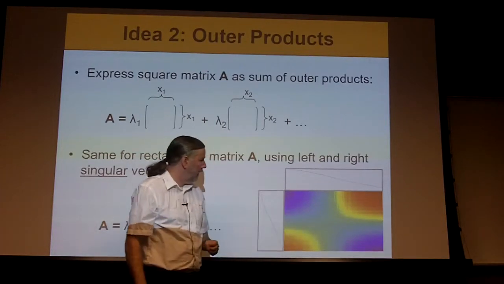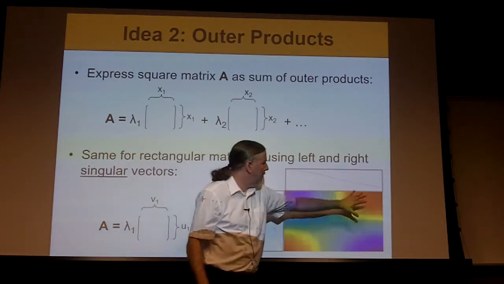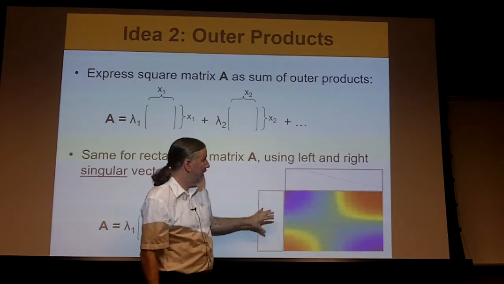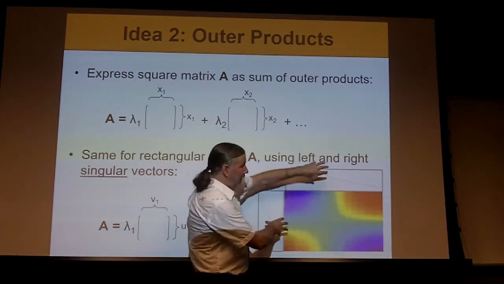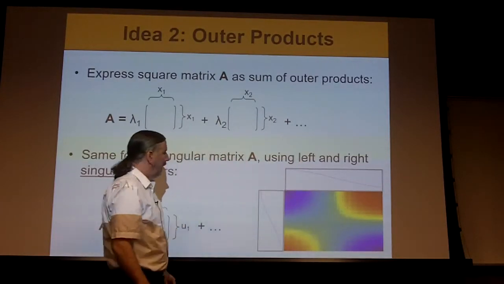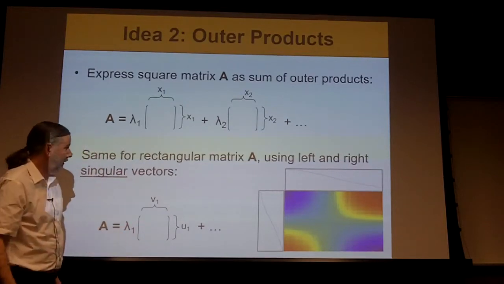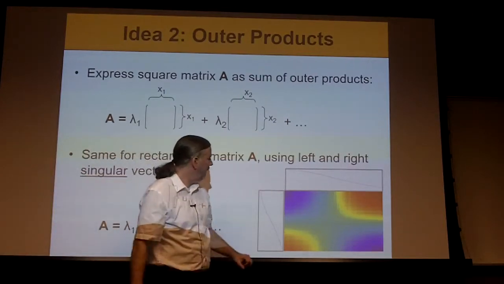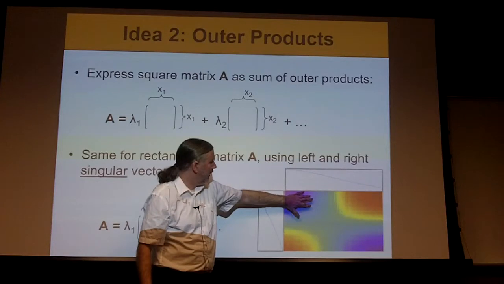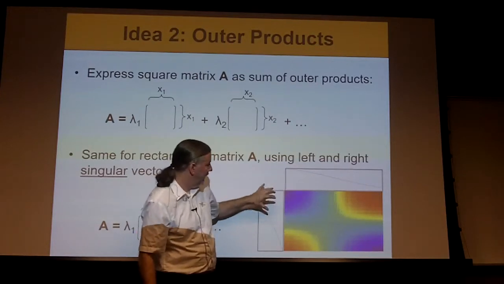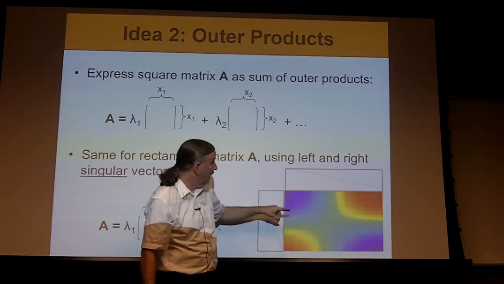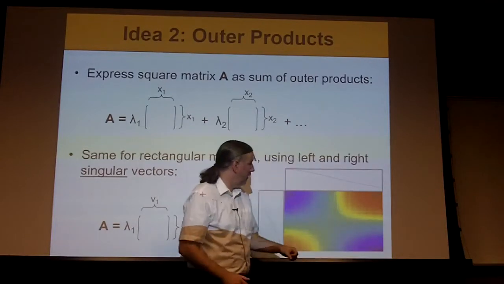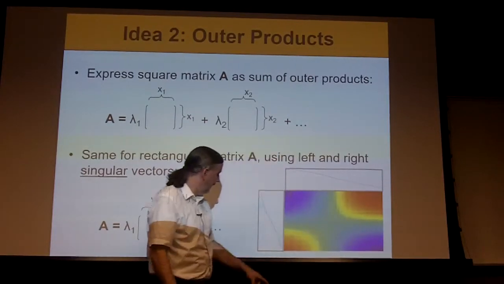In probability theory, you might see this if you have a joint probability distribution between 2 independent random variables, then it can be factored into 2 marginal distributions like this. But this is a really common sort of thing that we see in many applications. So the matrix has really large numbers here because these are the products of large numbers in this vector and large numbers in this vector. And there's also large numbers here because it's the product of very negative numbers on this side and very negative